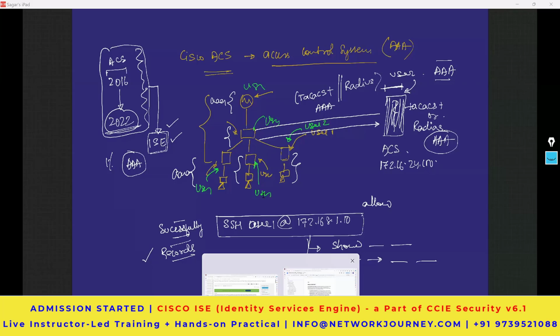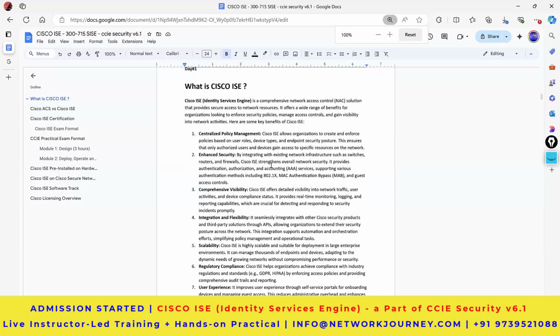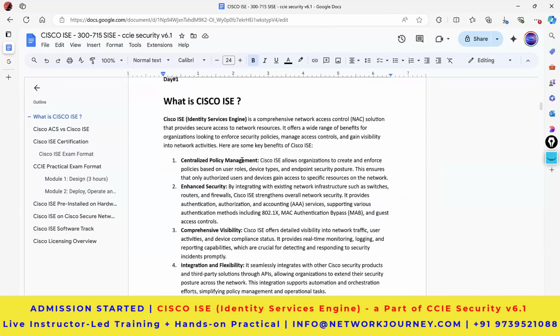Okay, so to get an understanding of what ISE can do or what exactly ISE is, I've put down a few features and benefits. You can see that it's policy management, centralized policy management. You might come across terms like SD-WAN controller, ACI controller, Meraki controller. Basically, these are centralized management controllers where you can see all the onboarded vEdges or onboarded leaf switches, right? Similarly, ISE can also see